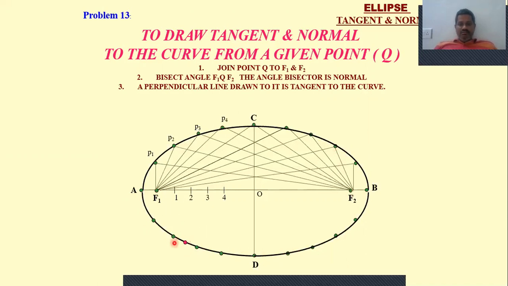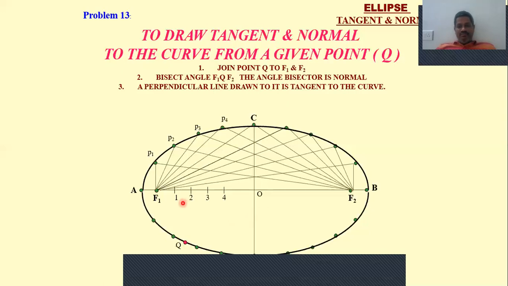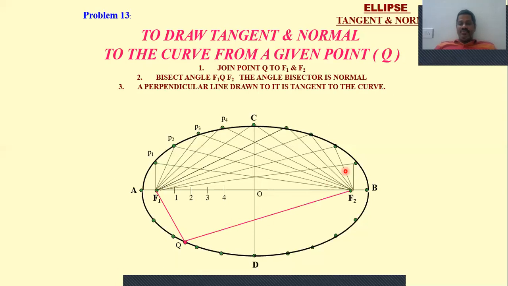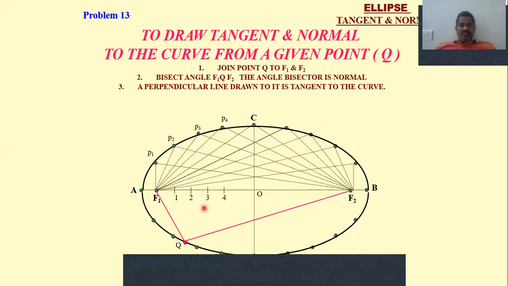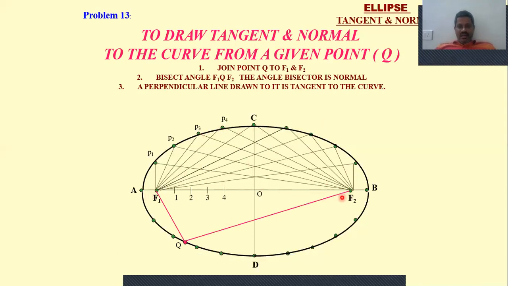Now we join F1 and F2 of this point P like this. So you have a point Q on this curve, on this ellipse. Assume that there is a point Q on this ellipse. Now join point Q, F1 and F2 like this. So the point need not be here, it can be anywhere else on this ellipse. So from that point, join two focal points of the ellipse like this. Then